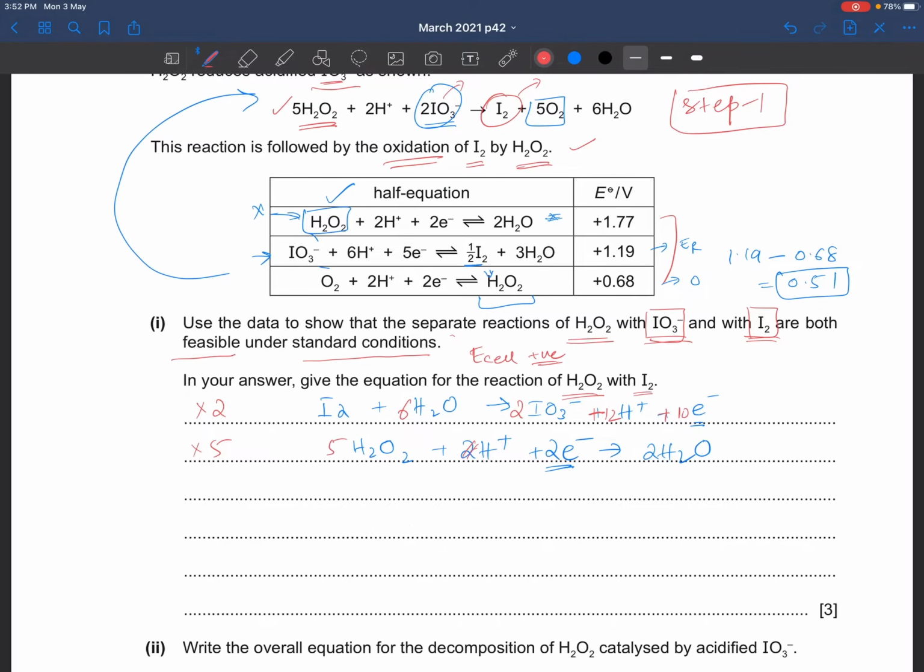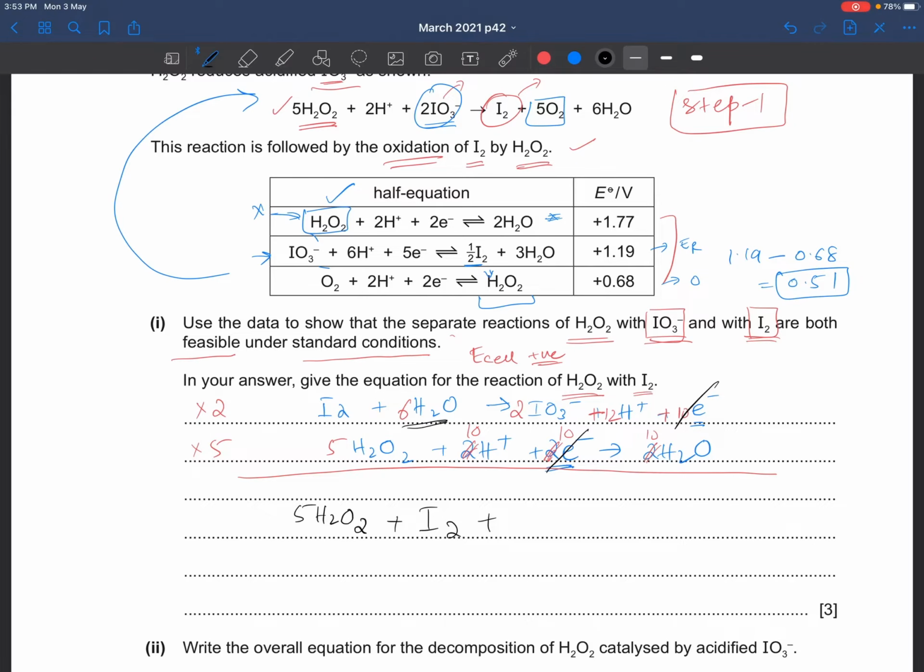So 5, 10, 10 and 10. Now let's add these two equations. The 10 electrons cancel with the 10 electrons. We get 5H2O2 plus I2 plus